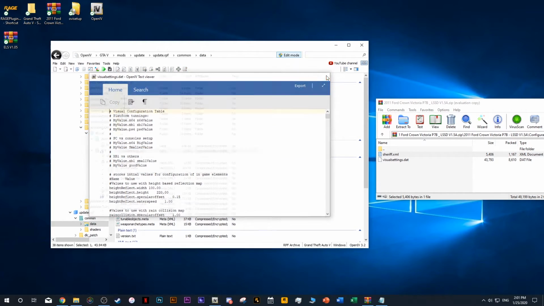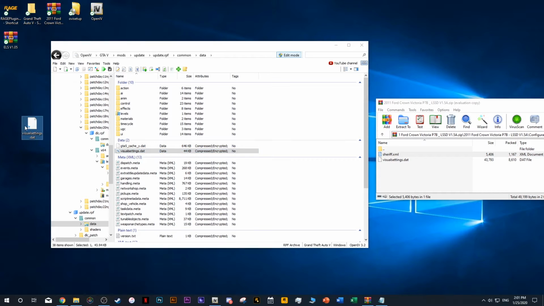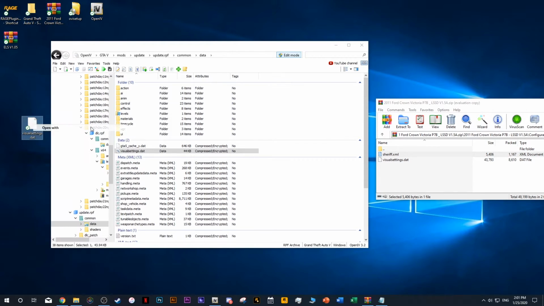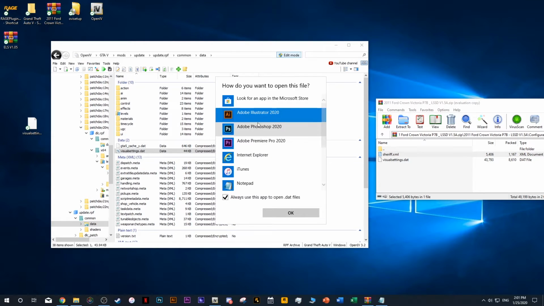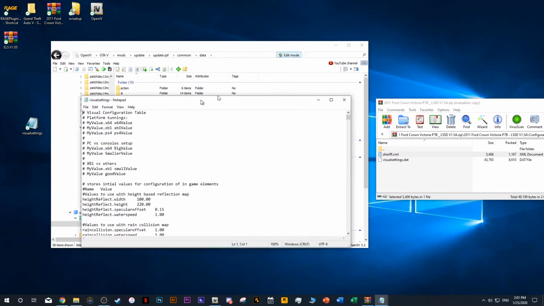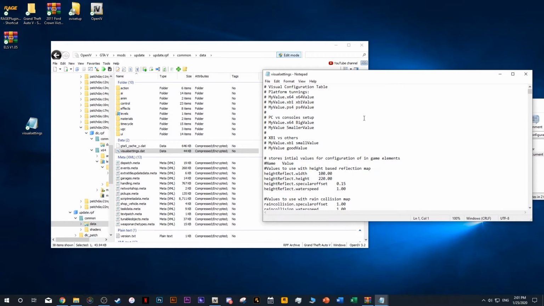Before actually double clicking on it, let's drag it onto your desktop. That's the best way. Right click, open with. Is it open with? Oh yeah, open with. And then you want to open it with Notepad. You should have Notepad installed on your computer. And then what you want to do, you need to,